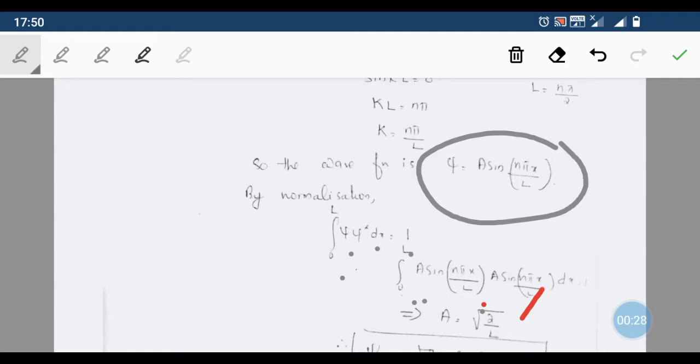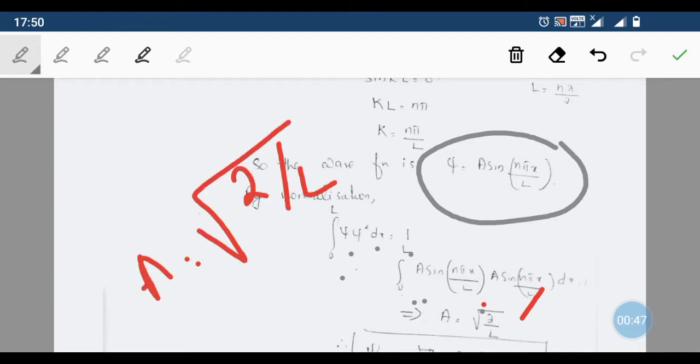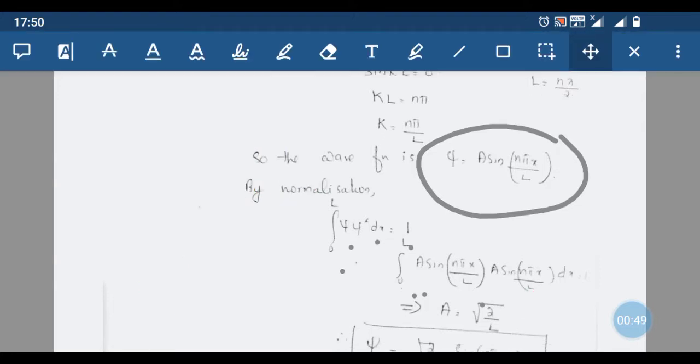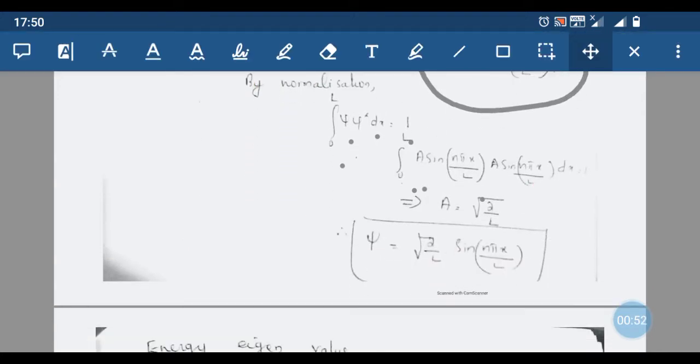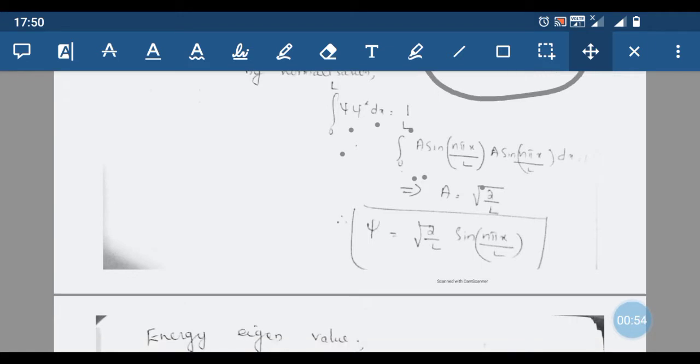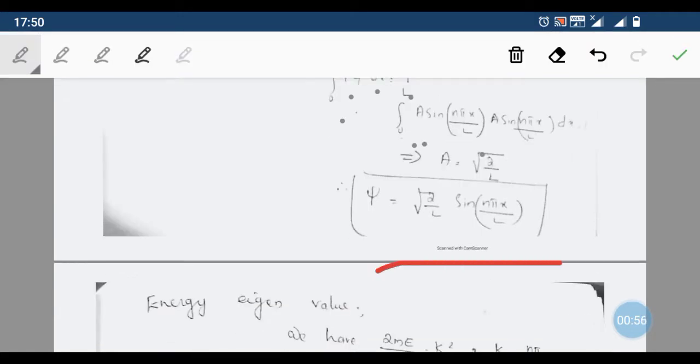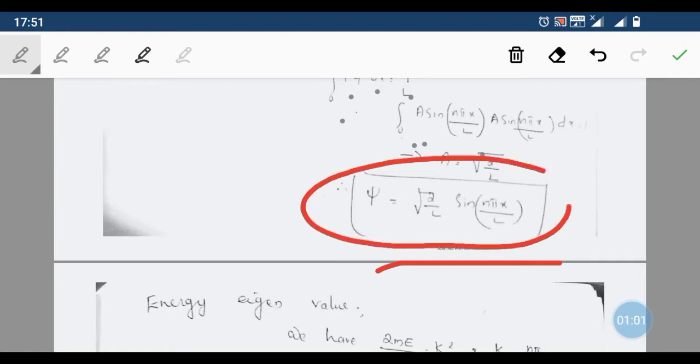So that is the integral from 0 to L of sin square(n pi x by L). We can substitute for sin square as (1 minus cos 2x) by 2. Given the limits 0 to L, you can show that the value of a is equal to root of 2 by L. Then substituting the value, we will get psi is equal to root of 2 by L into sin(n pi x by L). So we have obtained the wave equation corresponding to the given boundary condition,